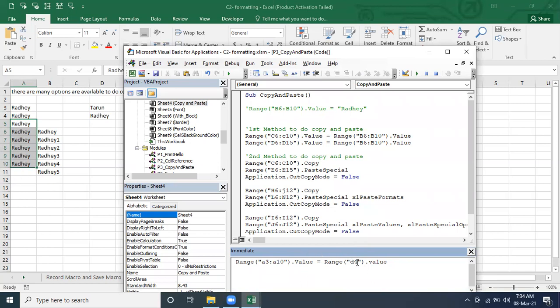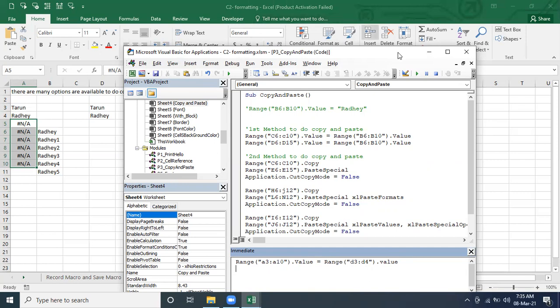But if you pick D3 to D4 and assign this range to that range, then only the similar range gets the values, Tarun and Radhe, and the others do not get any value. Done? So you have a clear idea.